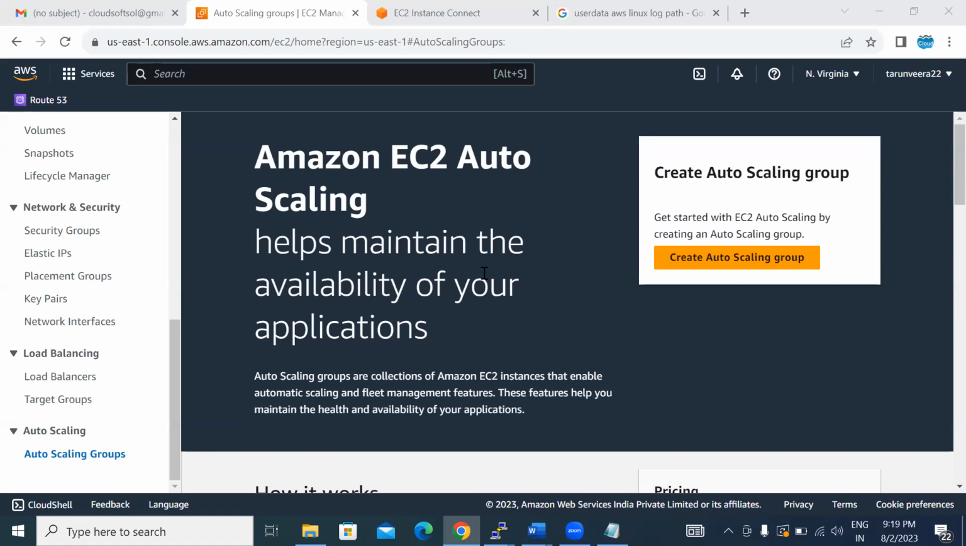But with the cloud, what is the advantage? Automatically we can scale up or scale down more instances. So that is the purpose we are going for an auto scaling group. In order to create an auto scaling group,